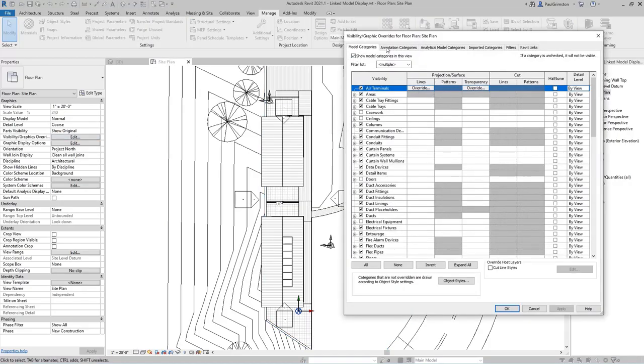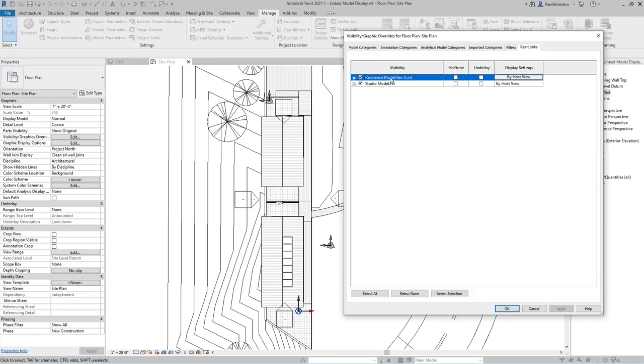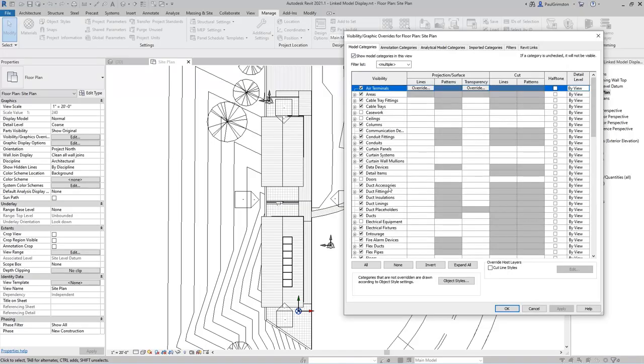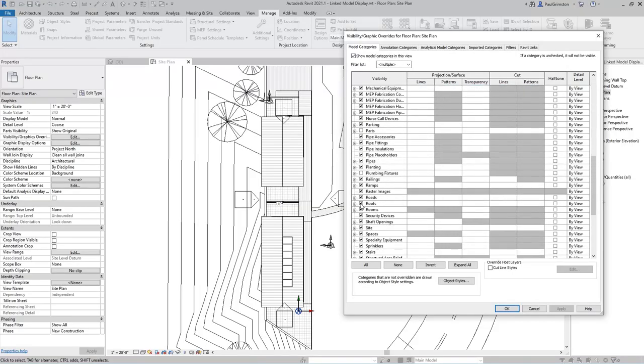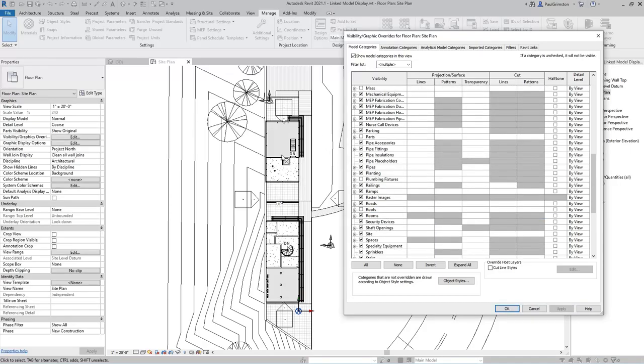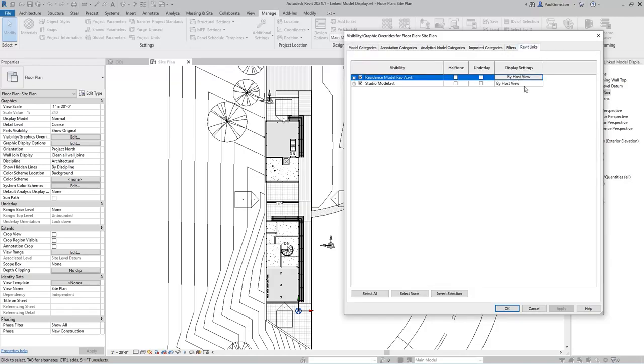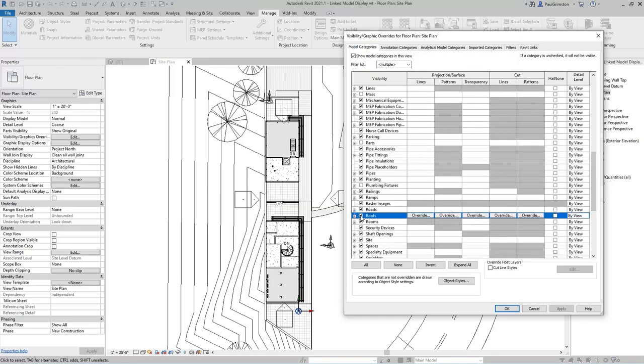And looking at the tabs across the top, we have a tab for Revit Links. We can see our two models, and currently they're set to display by the host view. And this means that if I go back to the model categories, and for example turn off the roofs, when I apply that to the view, the roofs in the linked model will also be switched off, and hence the linked models are displaying according to the host view settings. I'll switch these back on,